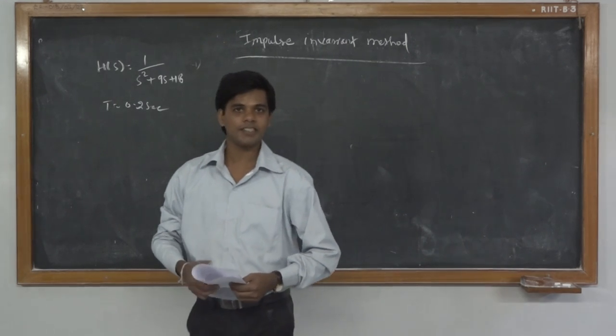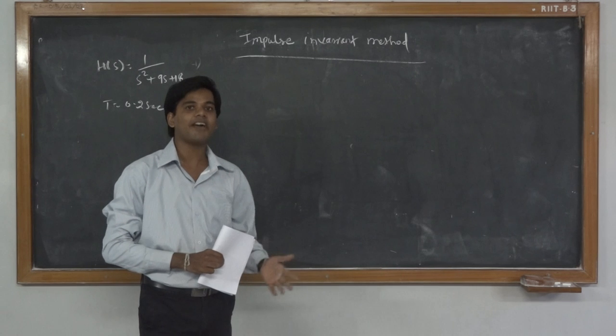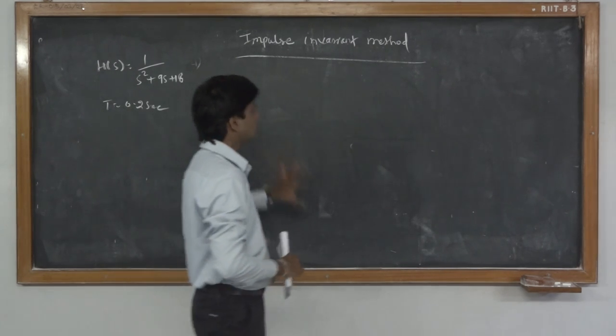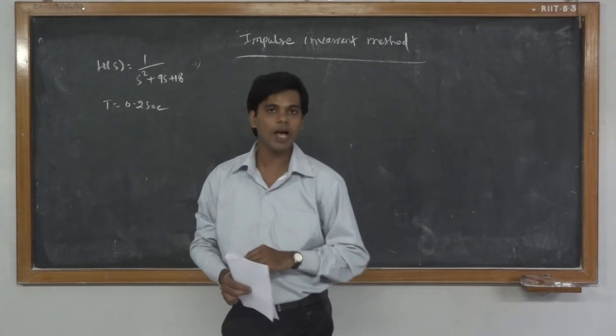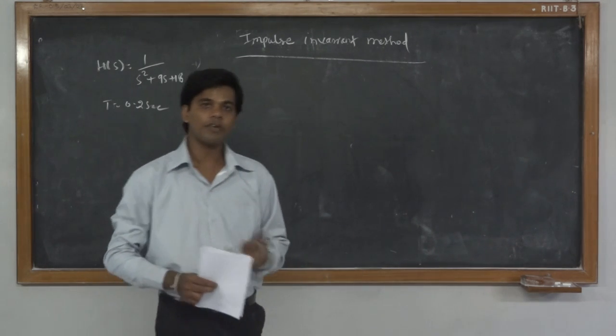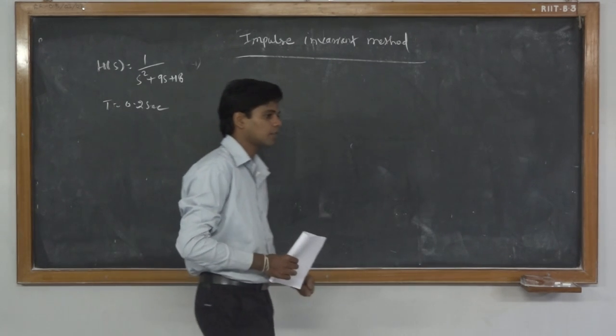Okay, so in the previous section we had studied how to calculate the filter coefficients of an FIR filter. Now in this section we are going to study how to calculate the filter coefficients for an IIR filter. When it comes to an IIR filter, there are two methods available to find the filter coefficients, and that is the impulse invariant method and the bilinear transformation method.